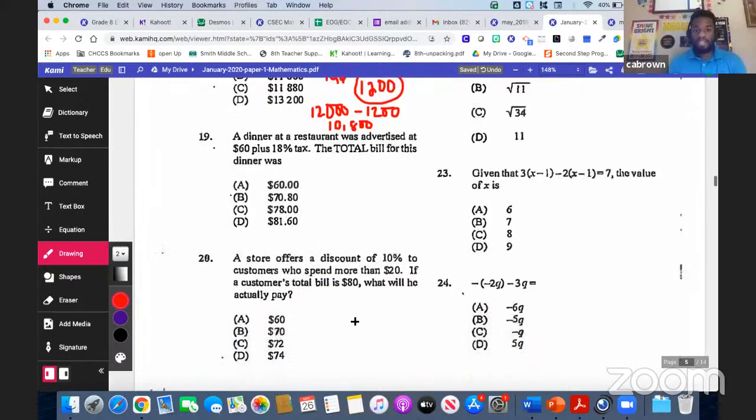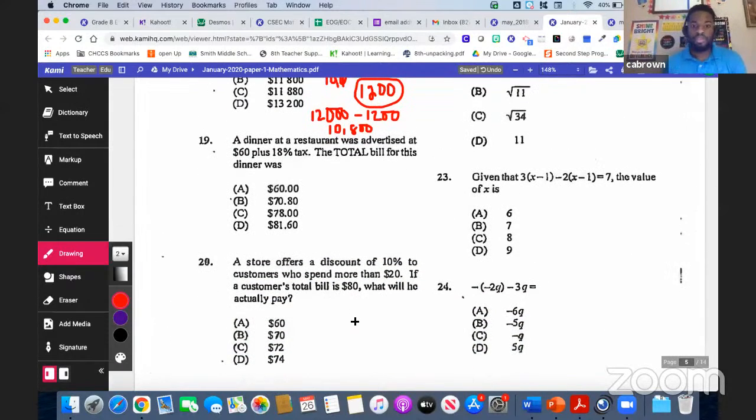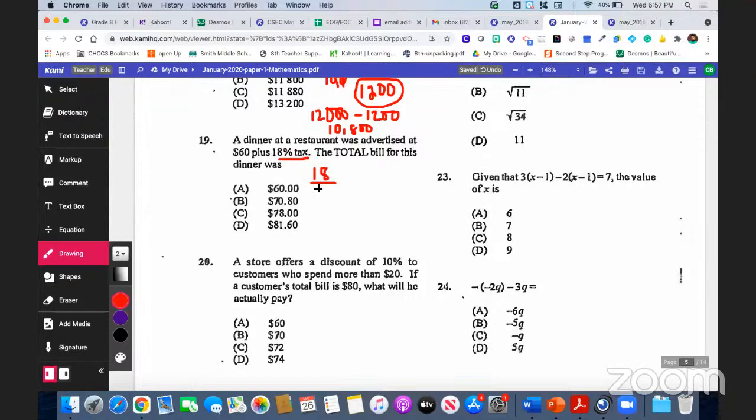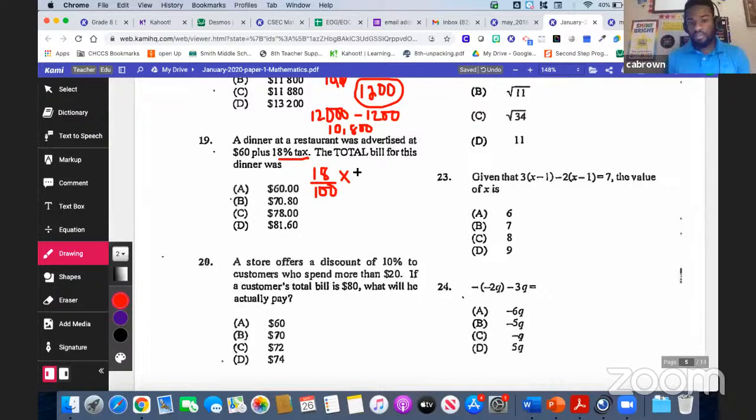All right, number 19. A dinner at a restaurant was advertised at $60 plus 18% tax. Remember, tax means that you're going to be paying more. So we need to find out what 18% is. 18% is always over 100. The bill was $60. I can take off that, I can take off that. What else can we do? Oh, it's always good to divide by 10. So we can go ahead and multiply